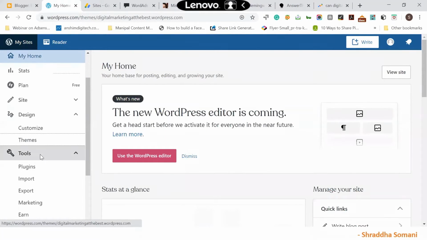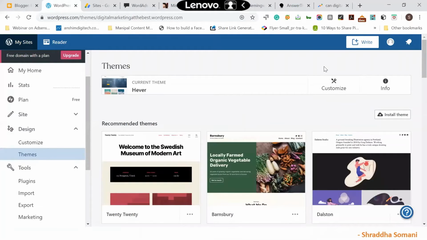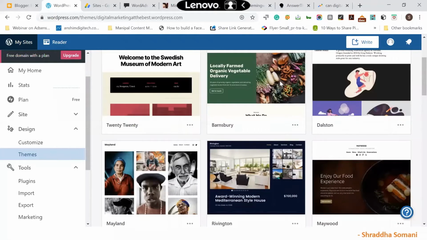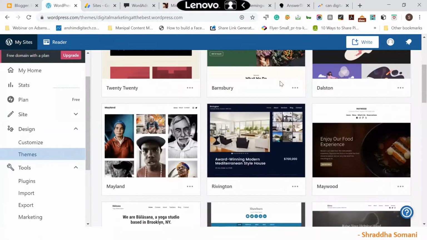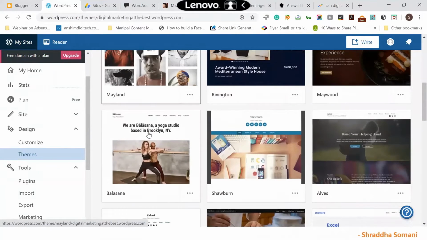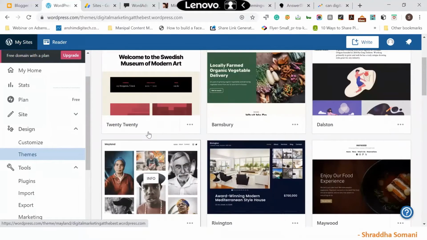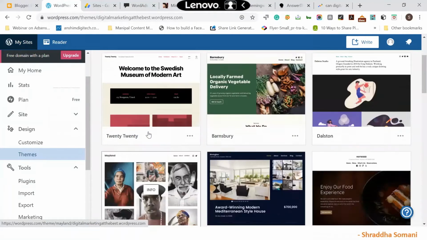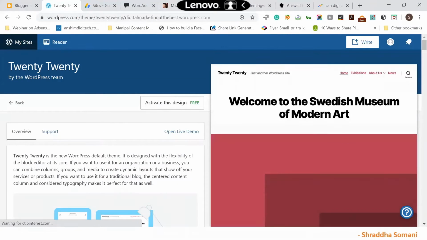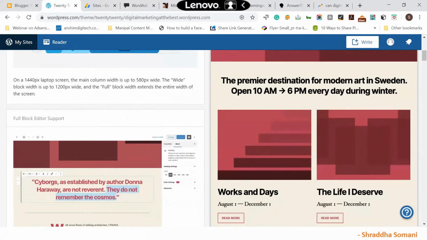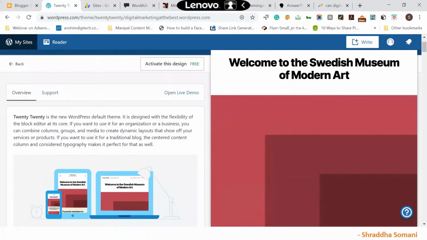So here there are more themes that I can get apart from what we have in Blogger. Blogger has very limited themes, and it's just for beginners. This is a little bit advanced from Blogger. So again, as I told you, you have to select related themes. If you are into finance, you have to select a finance related theme. Now in WordPress, you can select the theme, you can get the info of this theme, just go through this demo to see how this theme looks. You have to align it with your designing.